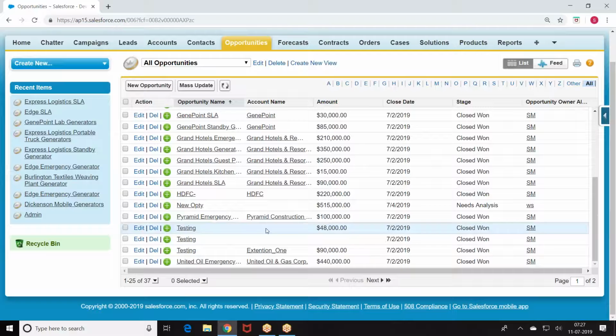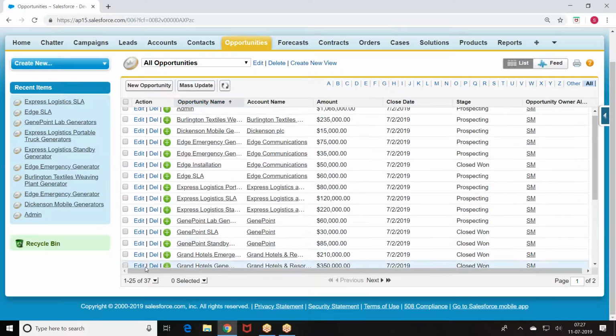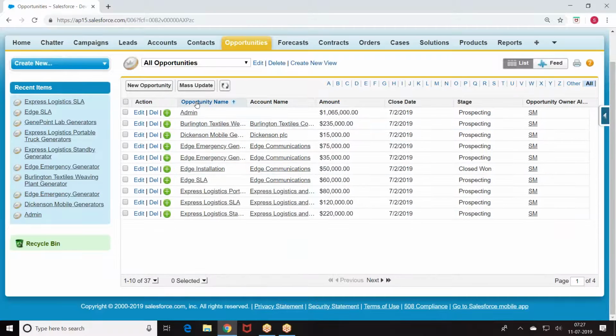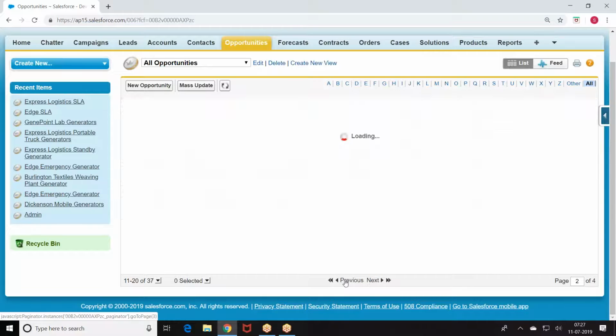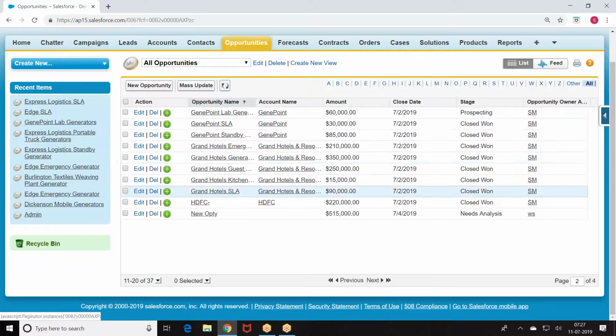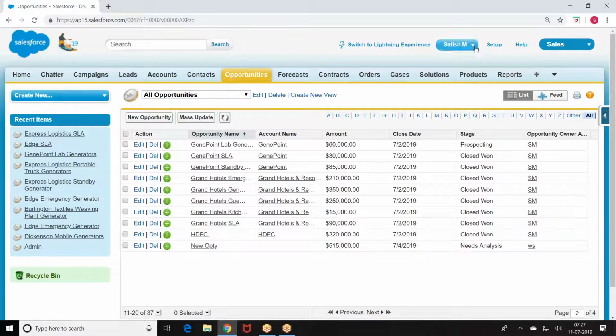When I say opportunities, we are getting 37 opportunities. When you're getting 37 opportunities, we are not interested to show all the opportunities in a single page. I told per page 10 records. So when I give next, next 10 records, previous 10 records. When I have a group of records, I don't want to display all the records in a single page. I want to break them into multiple pages and show. So how do you break the data into multiple pages and show? That's what is called pagination. So let us implement this.